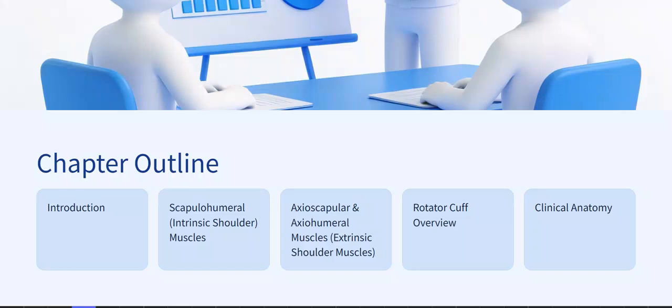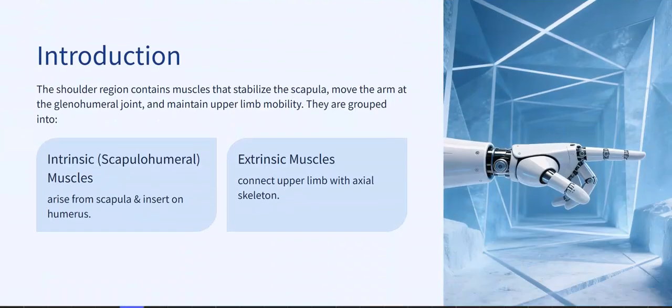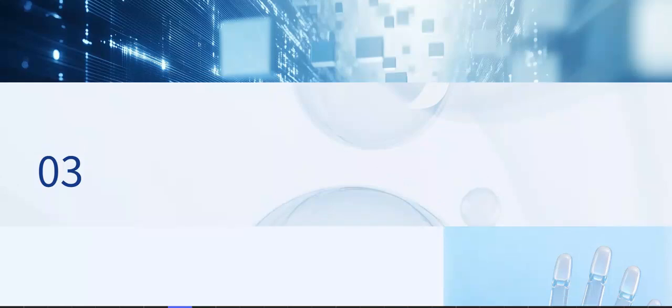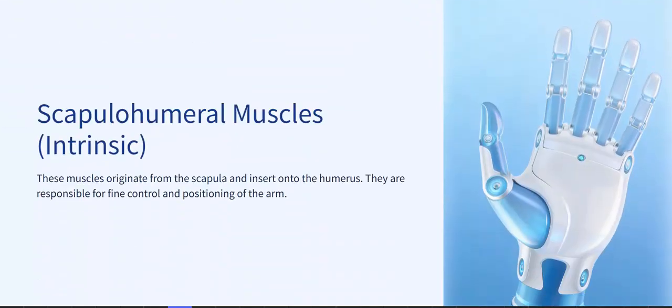1. Introduction. The shoulder region contains a group of muscles that stabilize the scapula, move the arm at the glenohumeral joint, maintain mobility and strength. Extrinsic, Axioscapular and Axiohumeral muscles. 2. Scapulohumeral muscles, intrinsic muscles. These muscles originate from the scapula, insert into the humerus, provide